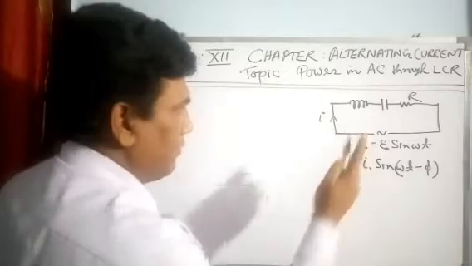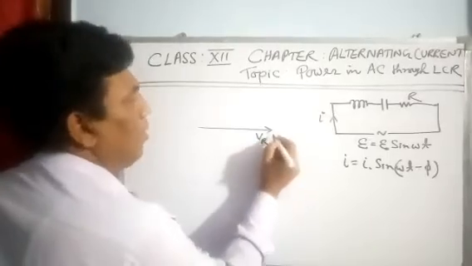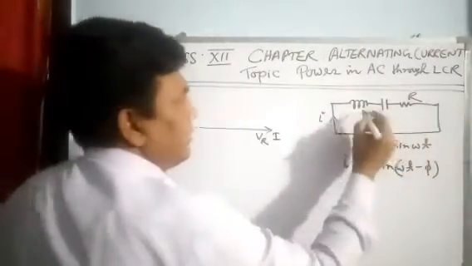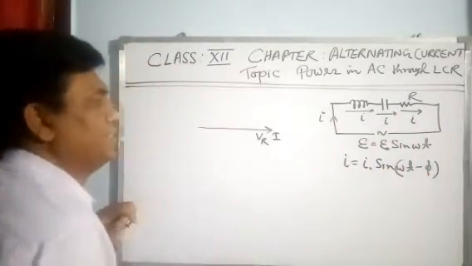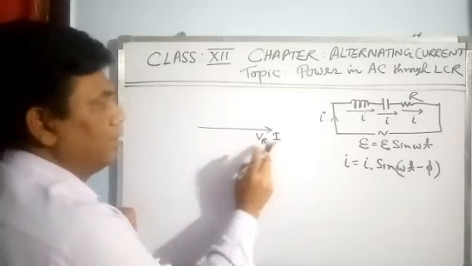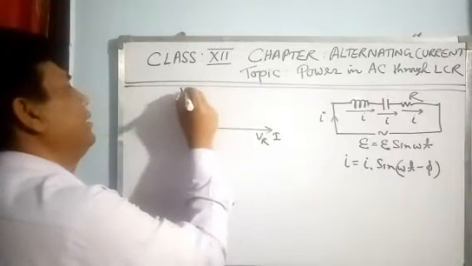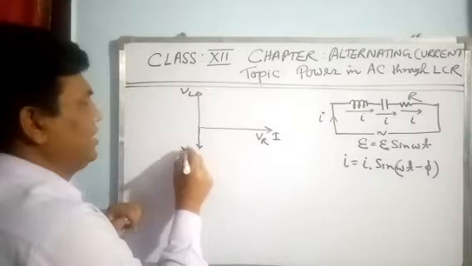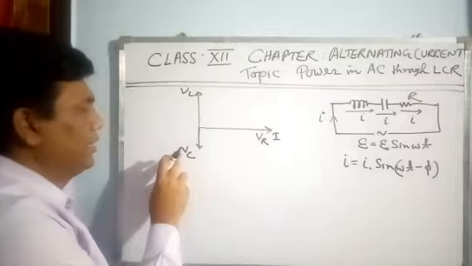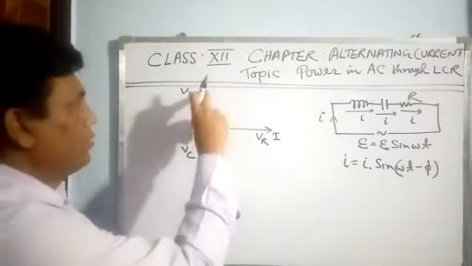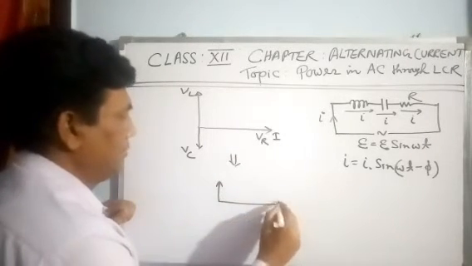From the phasor diagram you have understood. This is the phasor of voltage or the current, because current remains the same everywhere. The current here and the current here must be in the same phase. So this is the current, and voltage across the resistor and the current always remain in the same phase. And it was VL, voltage across inductor, and VC, voltage across capacitor. I assumed that the voltage across capacitor is a little less than VL, so that is why this figure becomes like this.